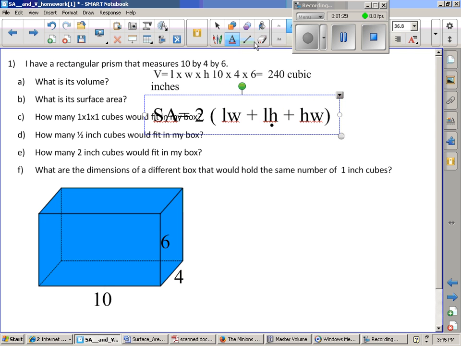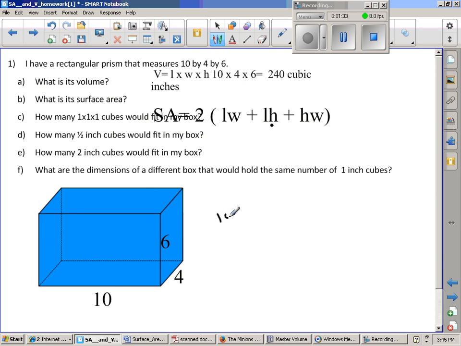So I'm going to look at my figure here. And so I've got 10 times 4 plus, and then my length is 10, 10 times 6 plus,